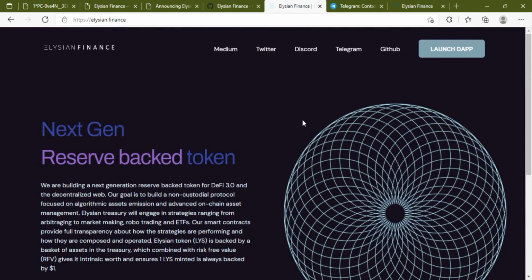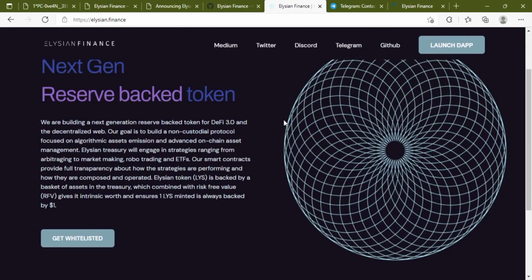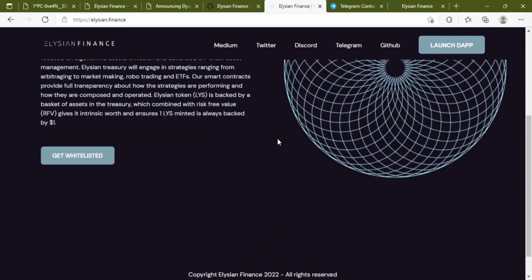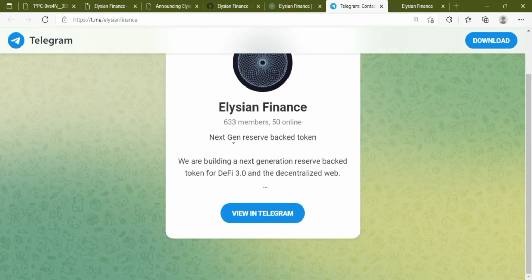Now the proceeds of the distribution will be used to fund development and scaling demands, as well as marketing and product development. Overall, the goal of this round is to obtain the resources needed to support the project medium to long term without having to access treasury funds through governance protocols. And this will guarantee that the initial phase focus will be growth and user-base expansion, and you can join their